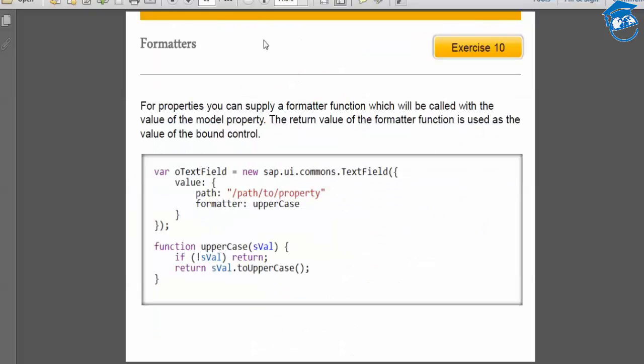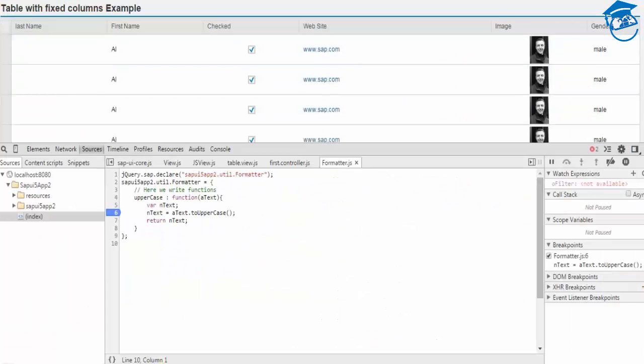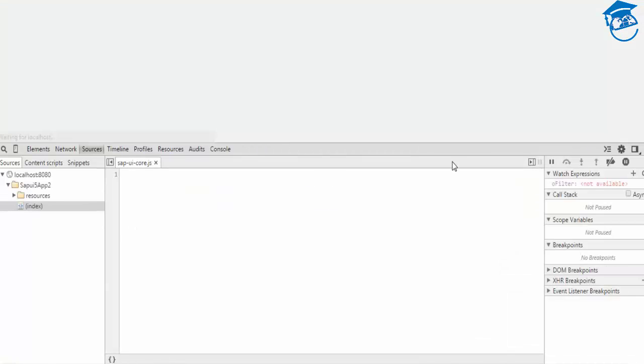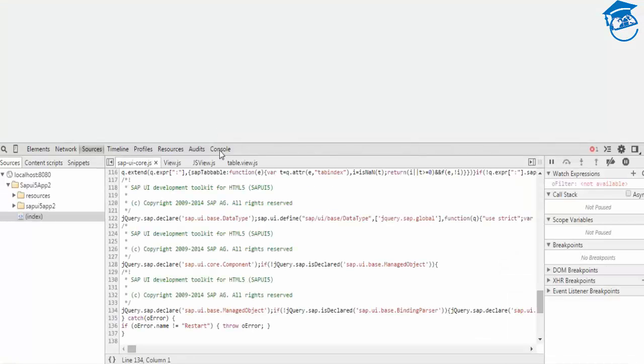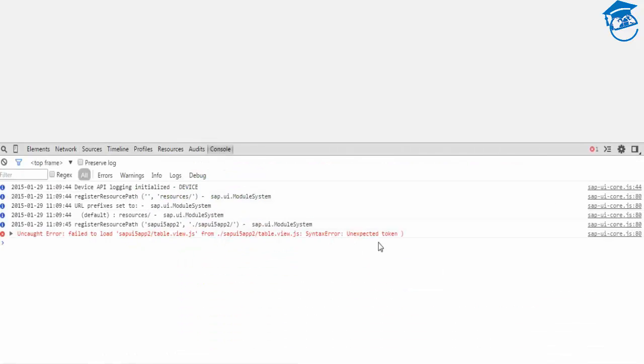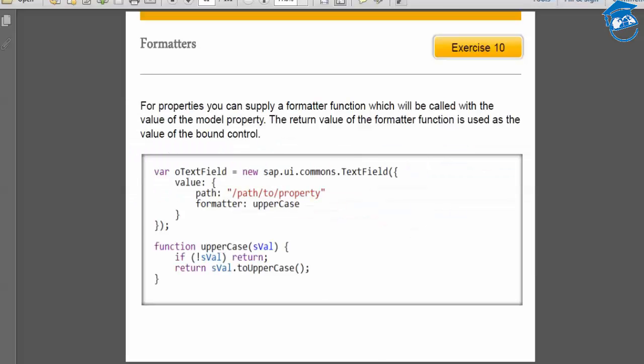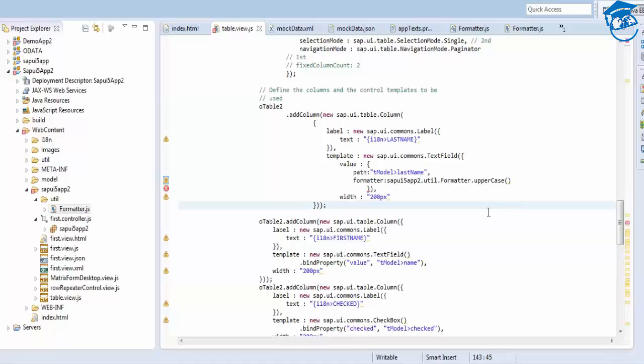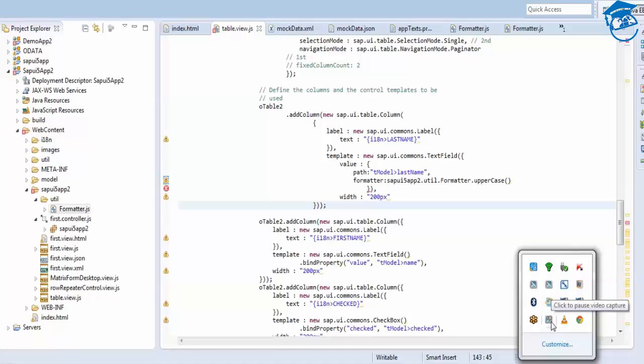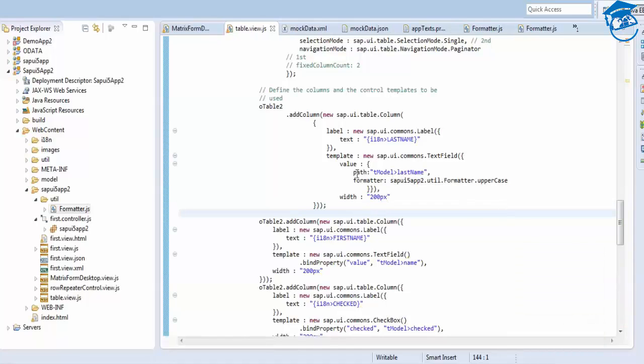Okay. So we're going to refresh our page and see. Now there is an error inside this. It says unexpected token. So there are a few errors. We have to correct that. We have given the path and the formatter. We are setting up. There is one missing. We fixed it, and now